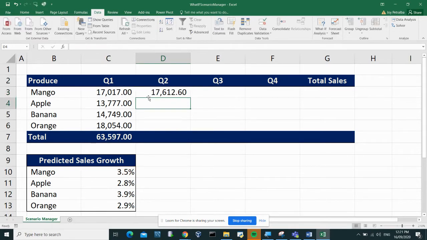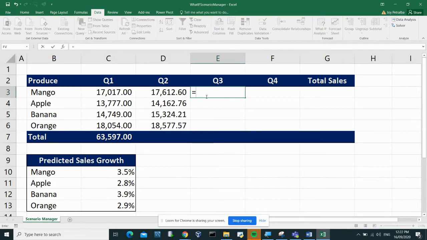Click enter and we can just copy the formula by double clicking on this lower right handle, and we can proceed to the computation for our third quarter. That would be the previous sales times the predicted sales growth plus the second quarter sales. Enter, and we can see here, you can just double click that